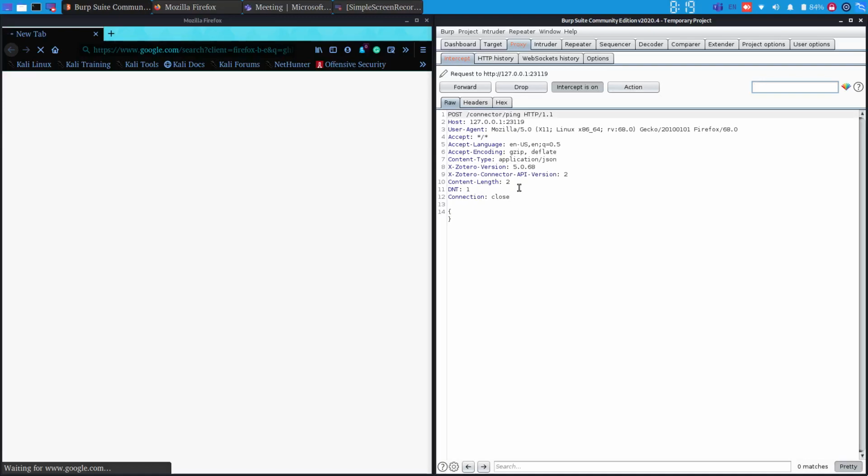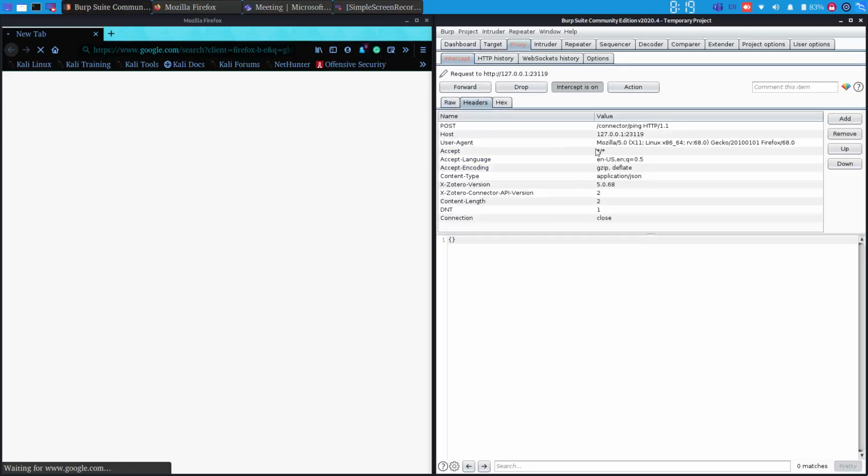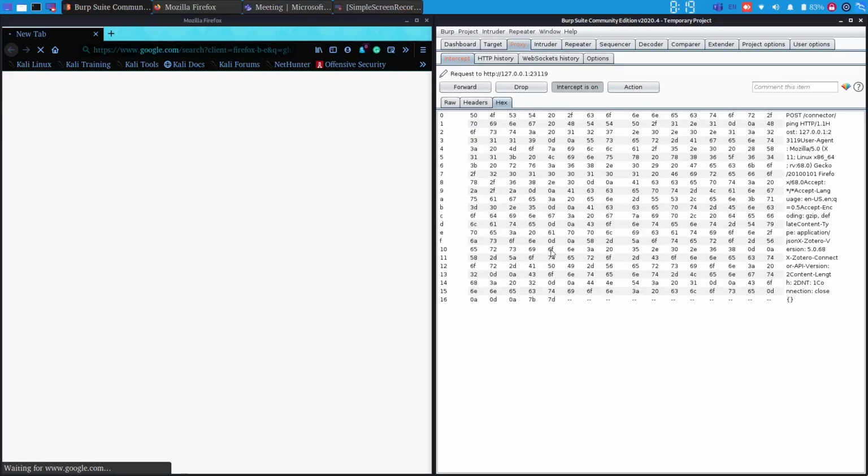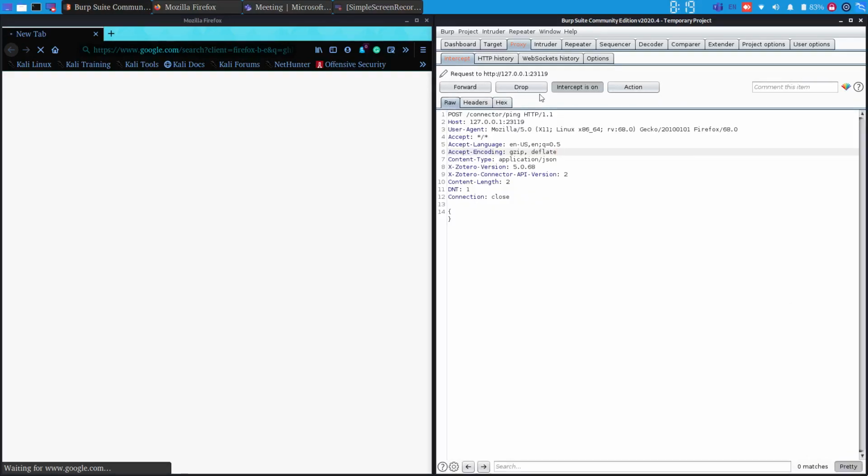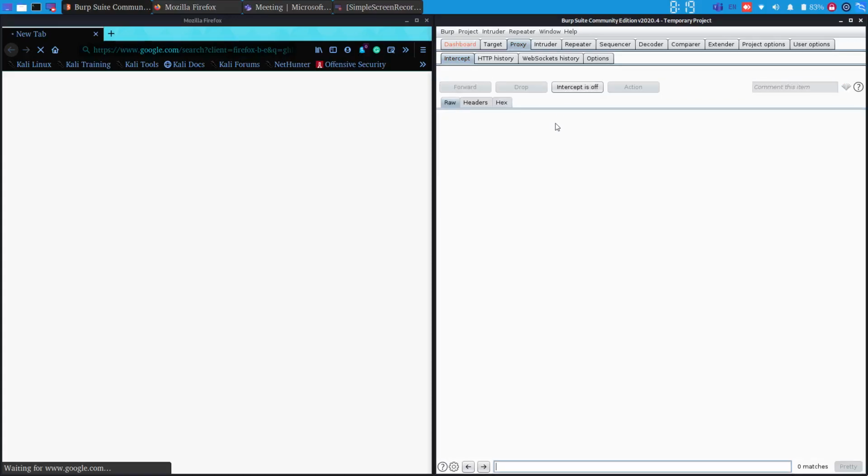I have different options. I can forward this request, I can drop this request, and I can edit anything, add or remove anything. I can see the headers, and I can see the hexadecimal values. So now if I turn the intercept off, it will not.